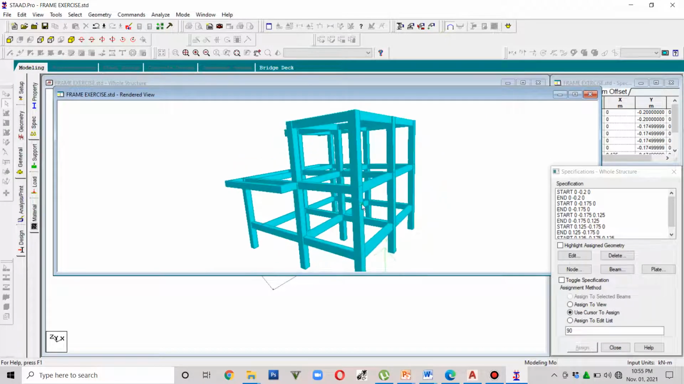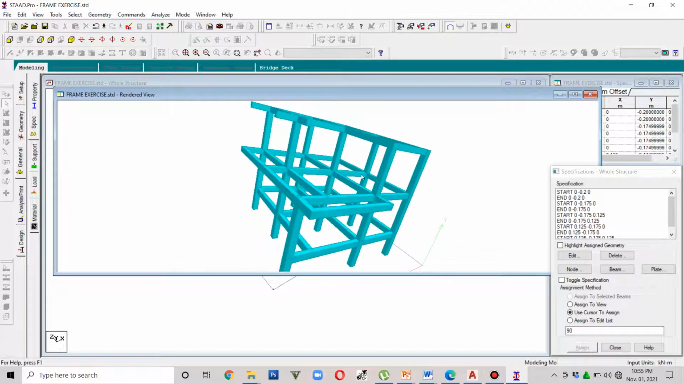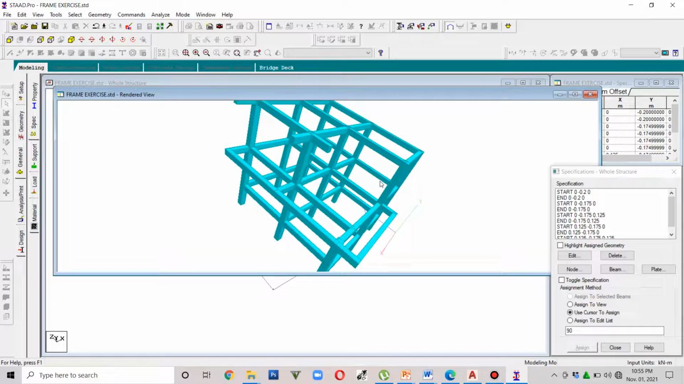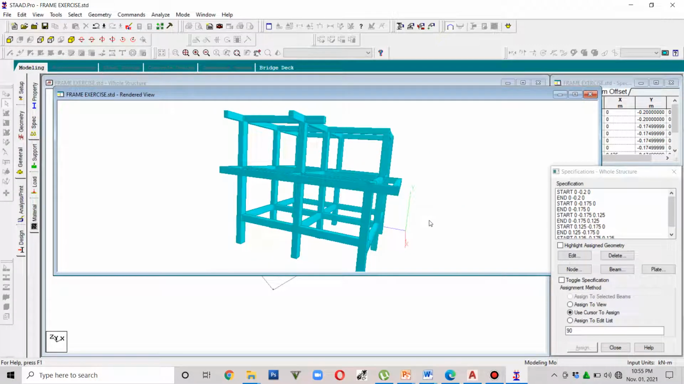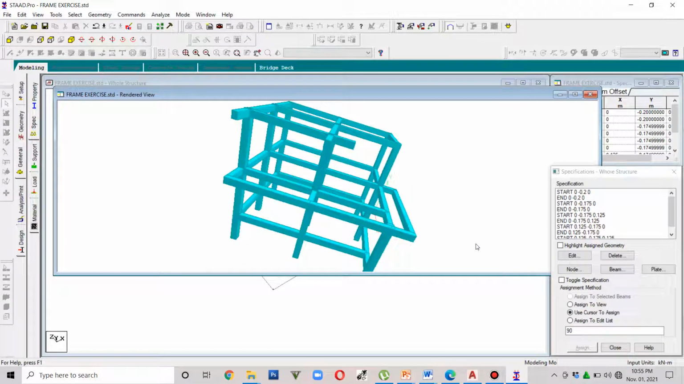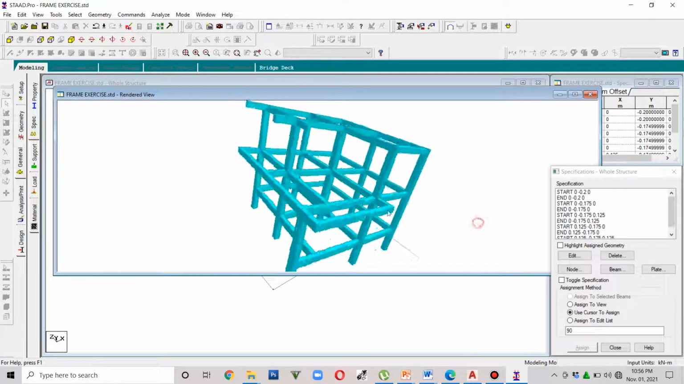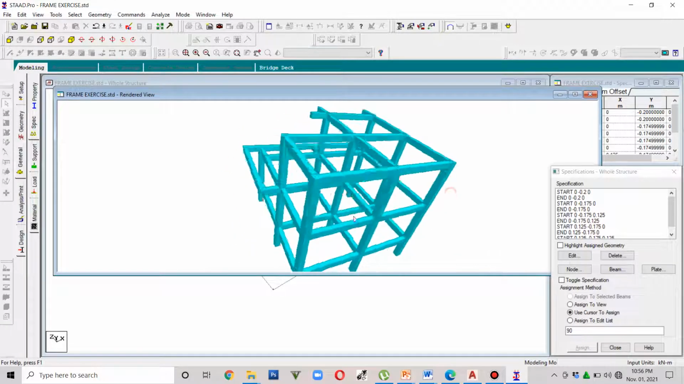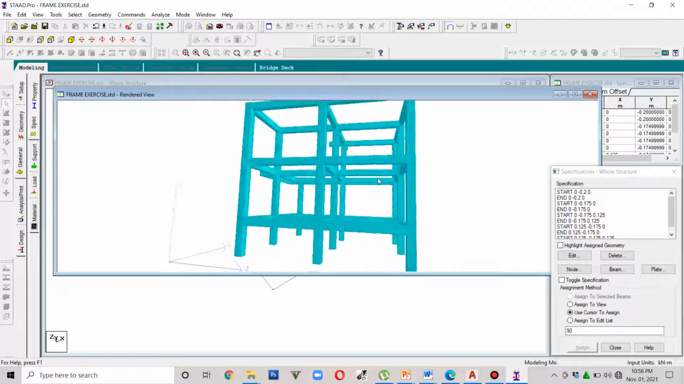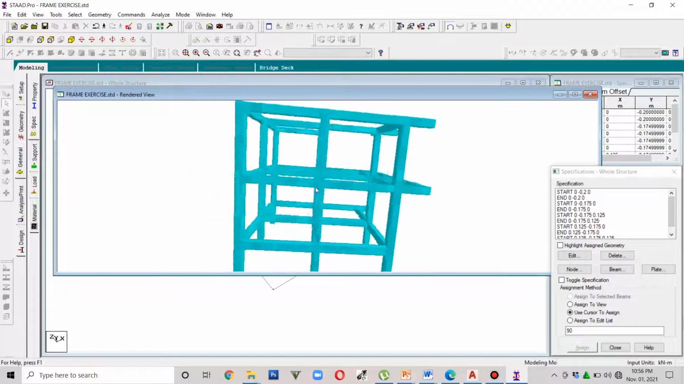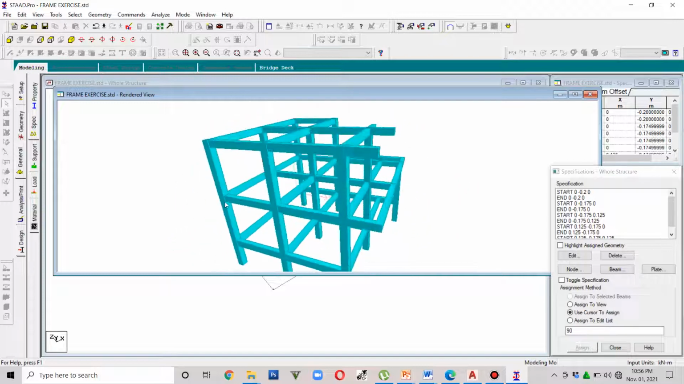So I think this model will now be ready for loading, and that will be our next session, the placement of the loading and the seismic definition. So with this, I hope you appreciated the modeling procedure of our framing system. Okay, so see you next session and have